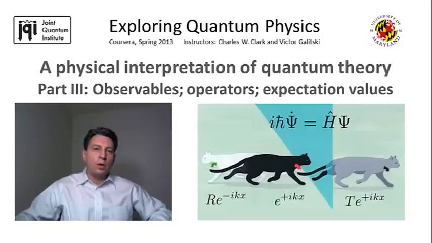In the previous video, we went over a rather technical mathematical derivation of the continuity equation, and this derivation involved, in a rather essential way, manipulations with various operators. The appearance of operators is actually not specific to the particular problem of continuity equation, but they appear actually throughout quantum mechanics and play a very important role generally in the mathematical formalism of quantum physics. In this short video, I would like to make a few general comments about operators and relate them to quantum